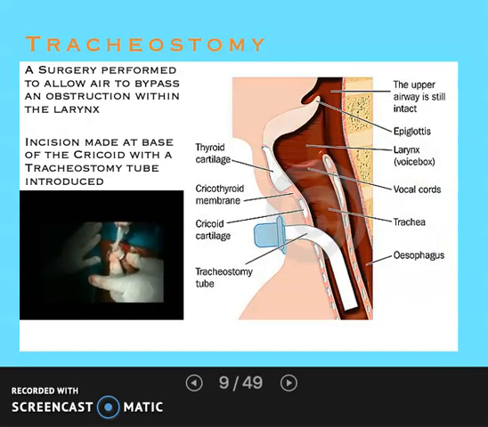Which brings us to the possibility of opening the trachea with a tracheostomy. And there are lots of examples. You may have experienced it in the past where you have a choking problem. And it's kind of a shame because everything's fine except your airway's been blocked. And so one of the things you can do is take some sharp object and puncture your trachea. You need to be sure to get through these cricoid cartilages just beneath the voice box at the base of the throat. And once you've opened a trachea up